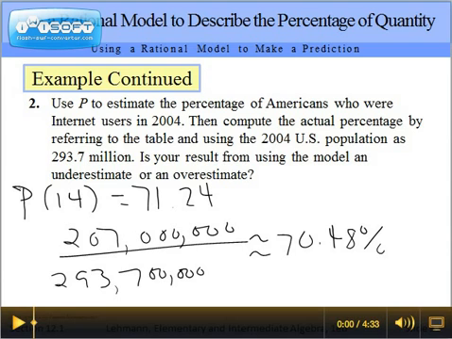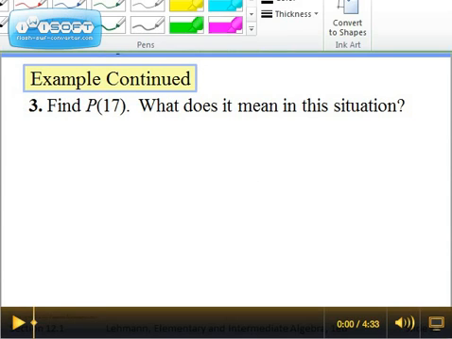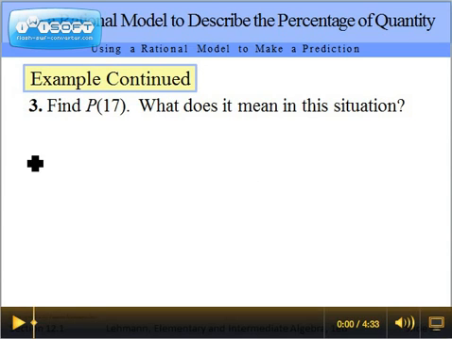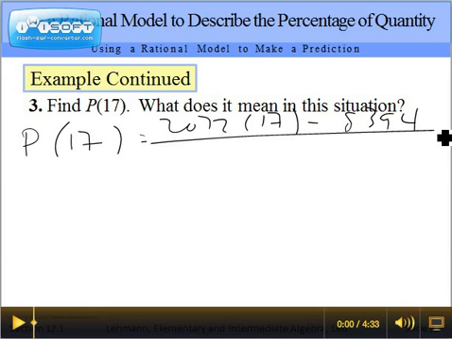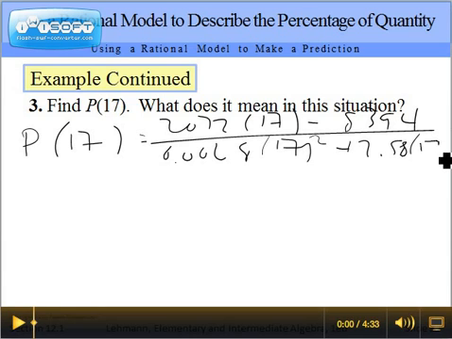Last, I want to find P of 17 and discuss what it means in this situation. So P of 17 is equal to 2072 times 17 minus 8,394 all over 0.0068 times 17 squared plus 2.58 times 17 plus 251.9. So this is equal to approximately 90.12. So the model estimates that about 90.1% of Americans were